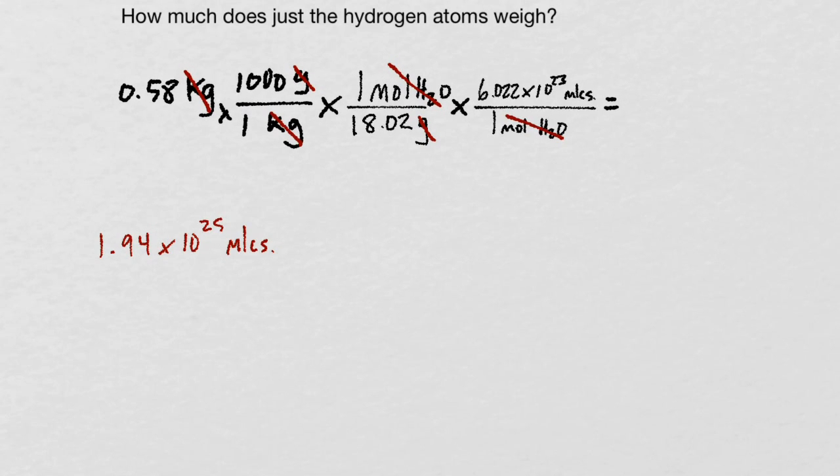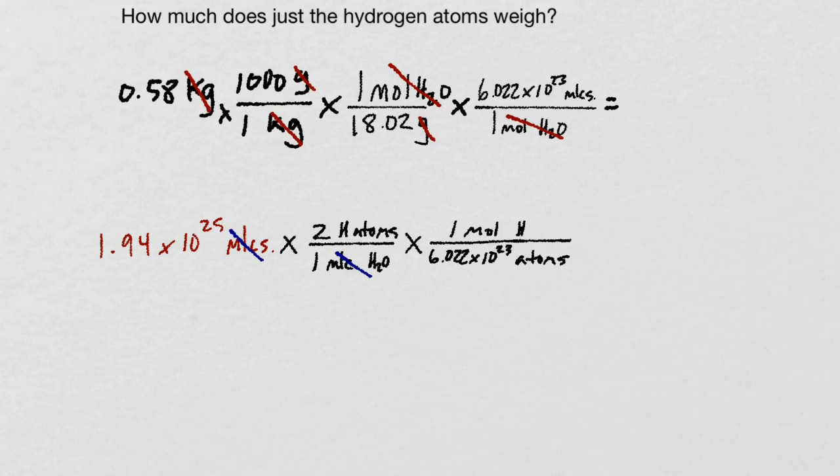Okay, so 1.94 times 10 to the 25 molecules times 1 molecule of H2O has 2 hydrogen atoms. We can cross out our molecules of H2O times 1 mole of hydrogen has 6.02 times 10 to the 23 atoms, so we can get rid of our atoms unit here, and now we would be in moles of hydrogen. And lastly, we'll multiply this by the molar mass of hydrogen. And this will equal,